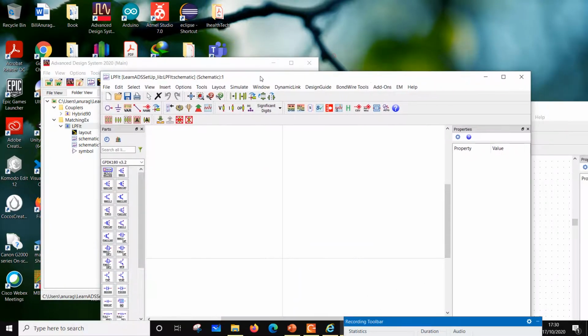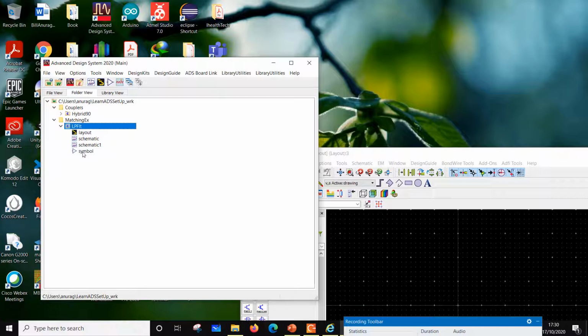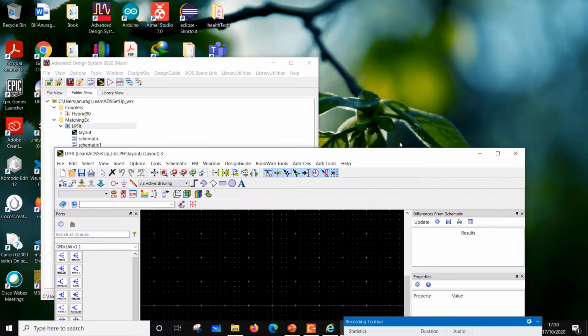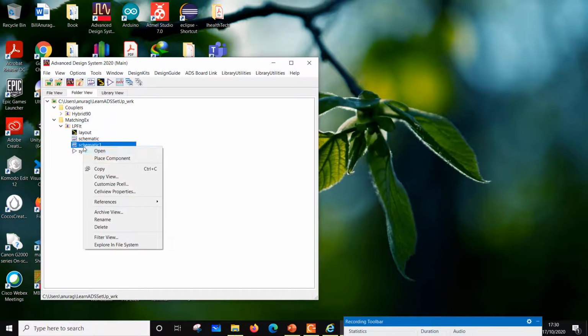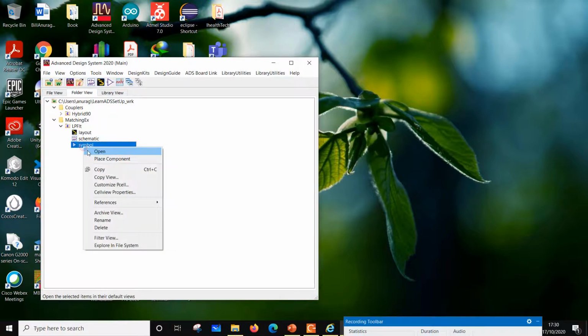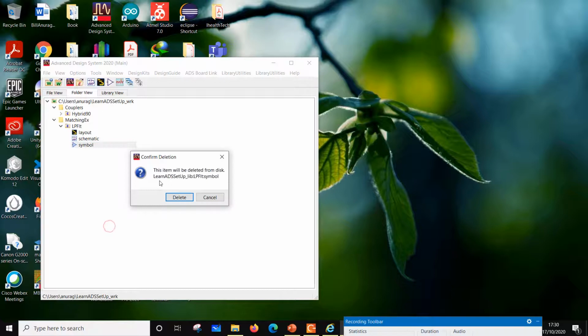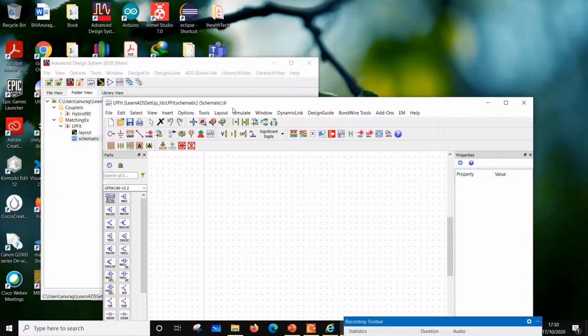So it is allowed, just that when you do simulation you should know which schematic you are going to simulate. Or basically you have to tell this symbol which schematic you are going to use. Okay, so for now I'm going to close all this. I'm going to work with only one schematic, so I'm going to delete one of the schematics, and I'm also going to delete the symbol. Okay, so I'm going to work with the schematic.